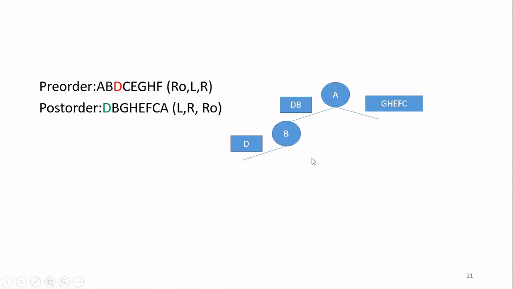Now, what is the right subtree? For that, you have to consider all the nodes that appear after this D, but before the previous root, that is before this B. So now see what comes after D, but before B. Nothing here, because immediately after D, I am getting B. That means this node B is not going to have any right subtree. So you can finish this.